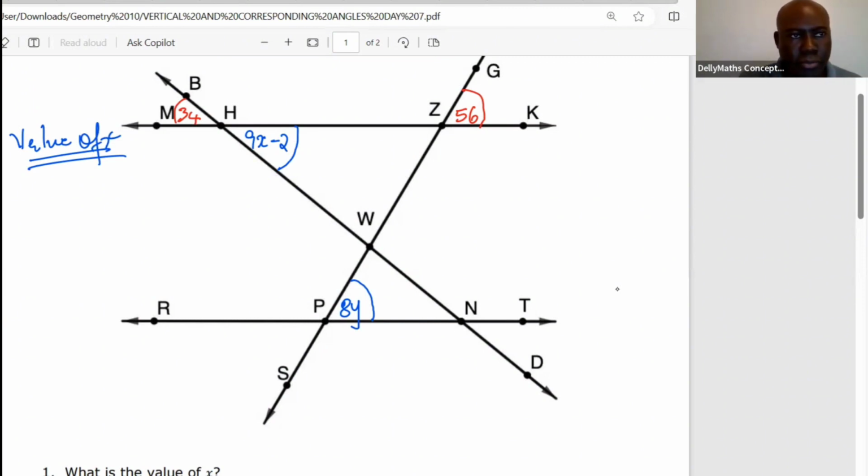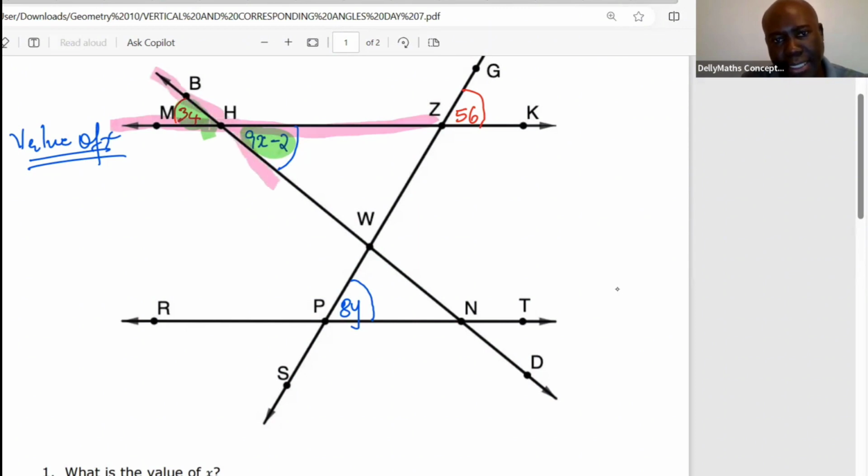For example, in this case, we have 34 here and we have 9x minus 2 here. But if we take a closer look at the lines, we're going to notice something. We're going to notice that these lines here, I'm going to try to put them in pink. This line here, which is MK,